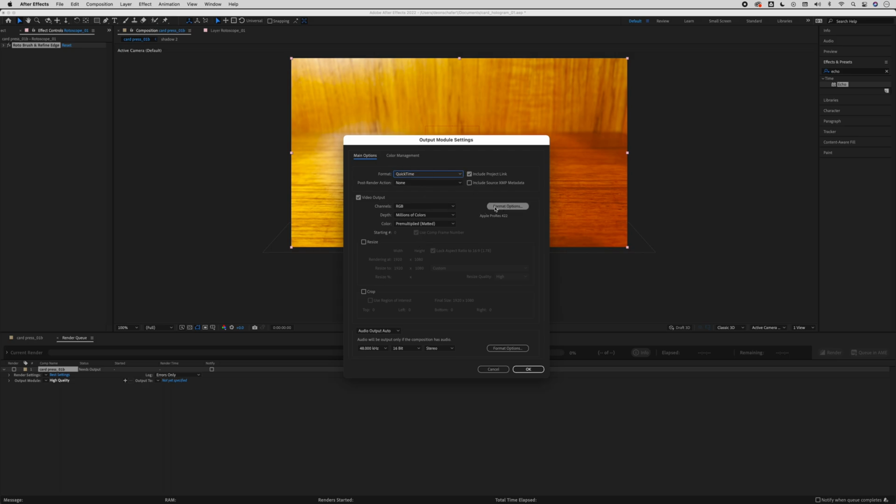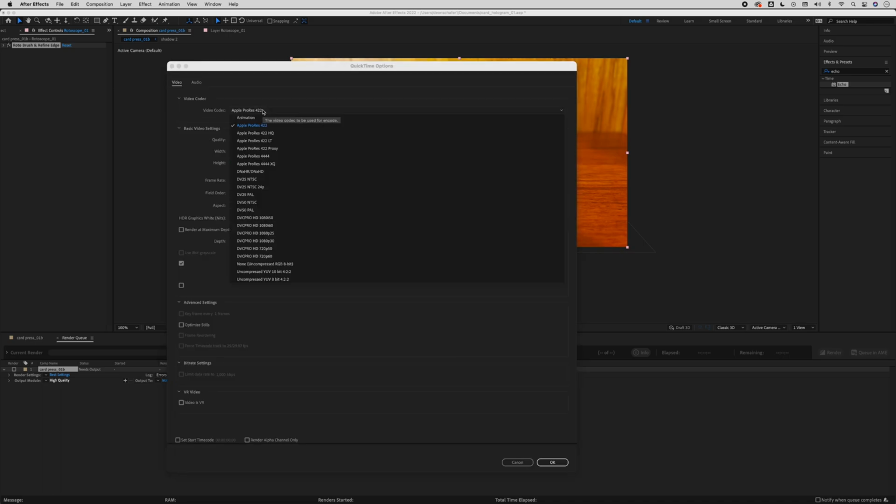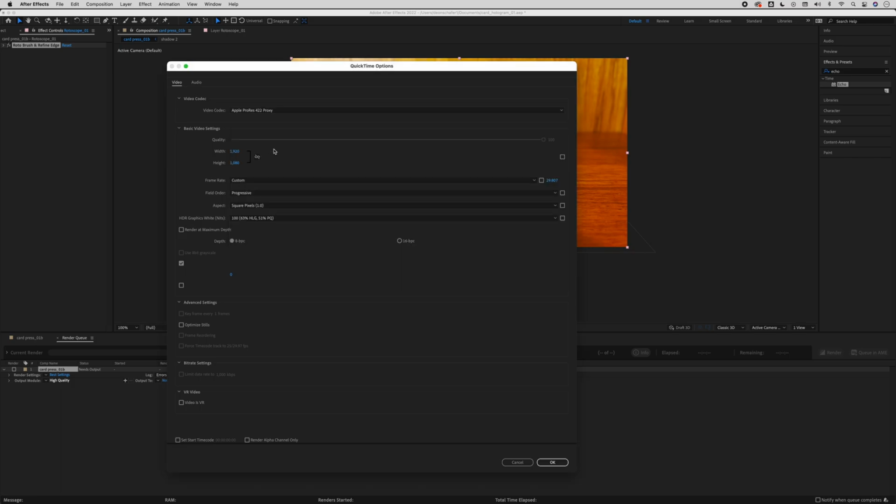Next thing we're going to go to is Format Options, and the video codec here aligns with QuickTime: Apple ProRes, which is proven to be really good stuff. Apple ProRes 422. Now what I'm probably going to recommend is Apple ProRes 422 Proxy. It's a lower file size, still pretty good quality as well. You can play around with a bunch of stuff in here as well, but most of the time just leave it